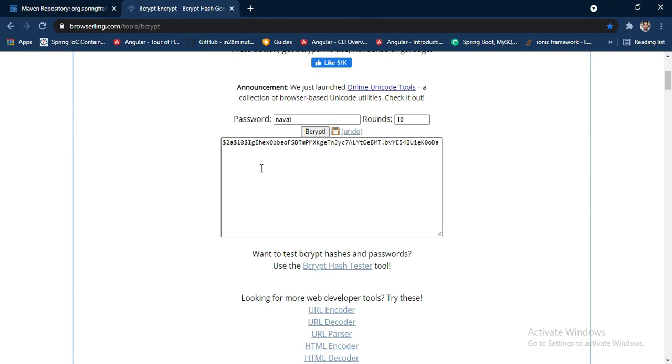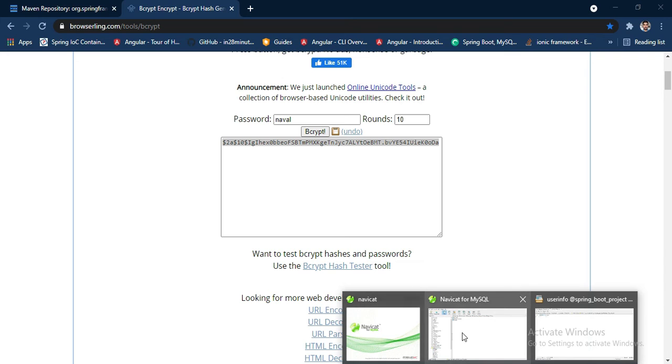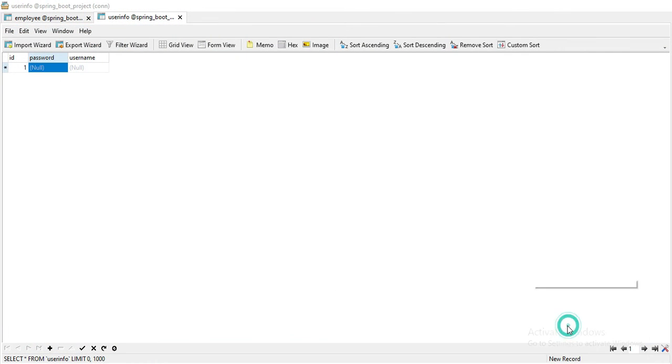You can see we got that bcrypt code. I'll copy this code and paste it inside the table, adding the bcrypt code. Then I'll add the username also, NAVAL. Let's save this.